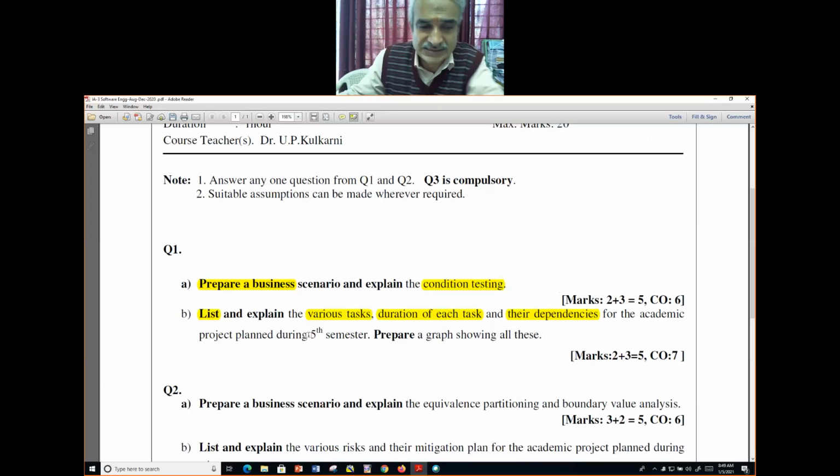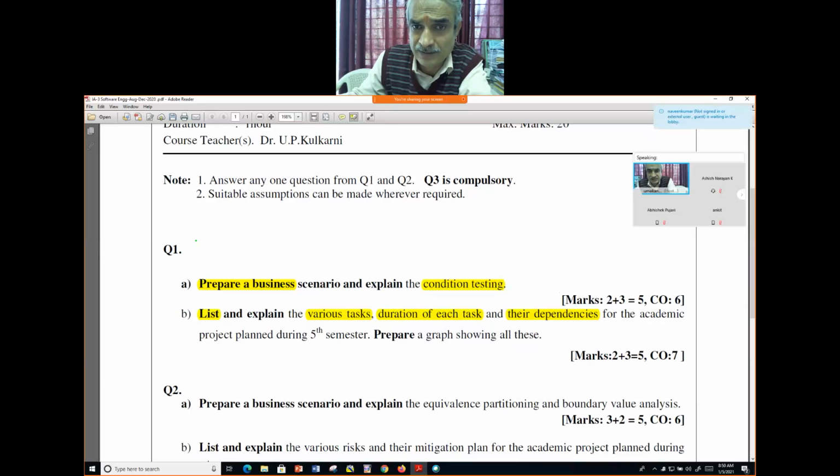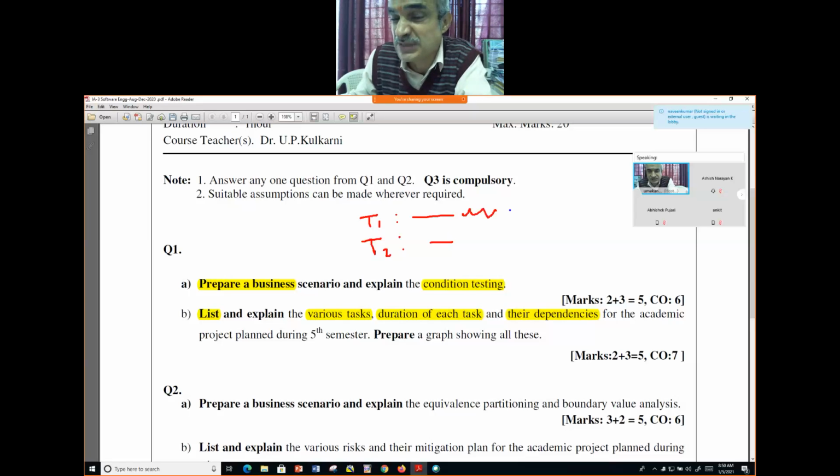So, what are the tasks that are involved in your project? You should not write a generic thing, it should be specific to your project. The first thing is you are listing. The various tasks involved include, say, task T1, you describe. Task T2, you describe. And when you describe this, you can also write that this is going to produce a certain outcome,